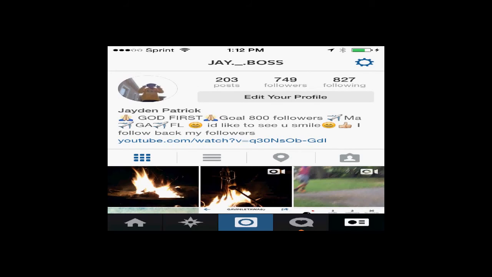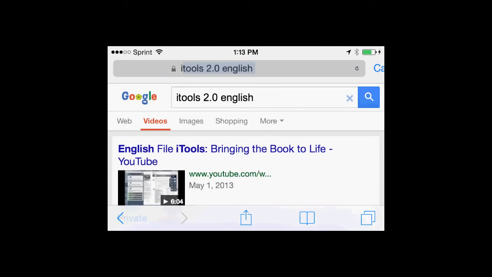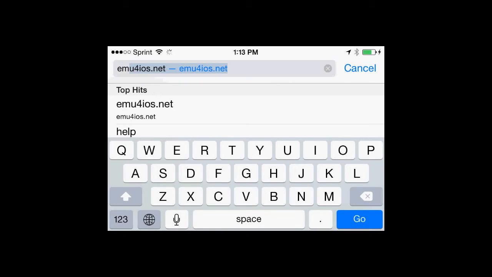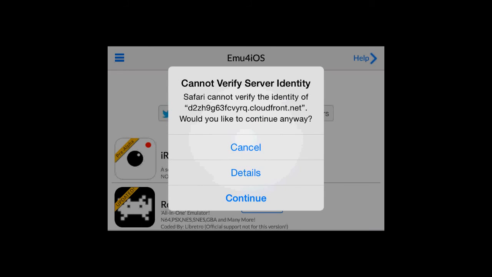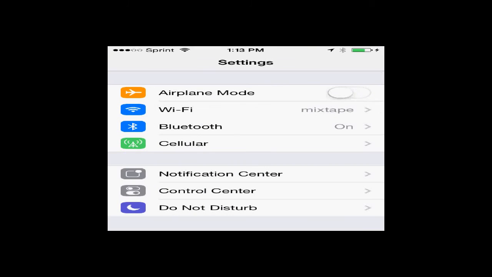Oh wait, there's something you need to do when it comes out on EMU. You're gonna click install, and then you're gonna press your home button. Then you go to settings, and on your screen it'll keep saying close or retry. You're gonna keep clicking retry, and then you're gonna go to general, and then date and time. You're gonna turn off set automatically, and then you're gonna go to 2012.